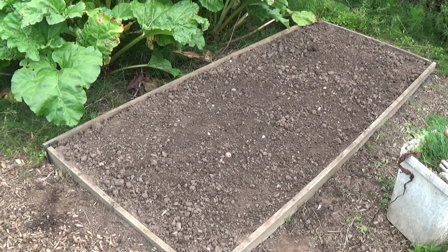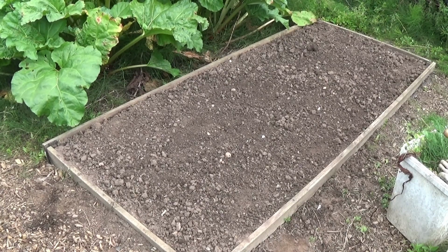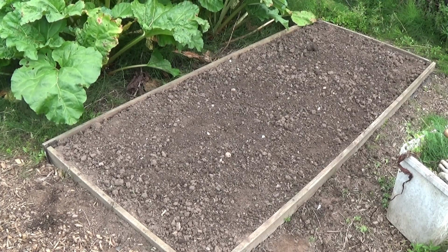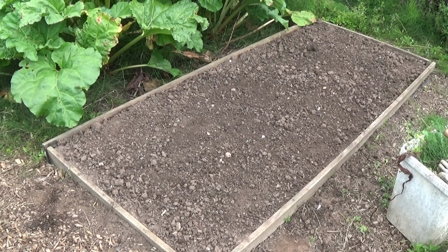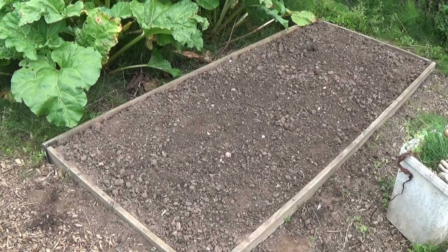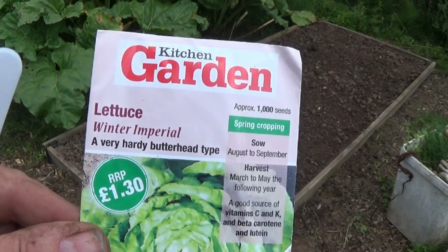Right, this is another bed that was prepared earlier. This is over a week ago now, sorry. This was prepared. I've just gone over it with my cultivating hoe, and I've got a few seeds here that I want to put in. I'll show you what I'm going to have a go with. I've got cabbage, April, so spring cabbage as its name would suggest, some winter imperial lettuce,